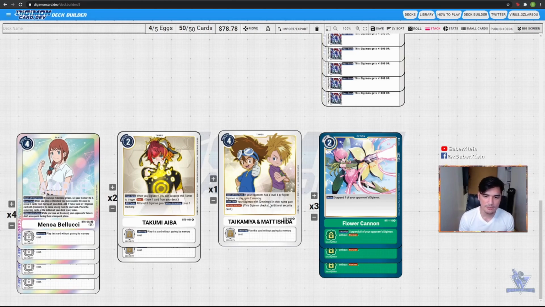So Takumi Aiba can prevent those Rookie Rush strategies, because whenever a rookie of our opponent or our rookie attacks, that player gets to pay 1 memory. So Takumi Aiba is your counter for those Rookie Rush strategies. Another thing is that since we are hard playing most of our Eosmons, there is a tendency that we run out of cards in the later part of the game. So Takumi Aiba gives you an extra draw whenever we Digivolve, so this is a really good Tamer for this